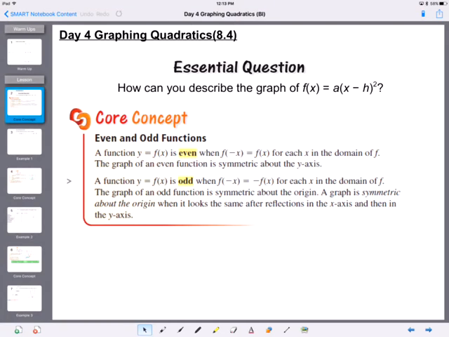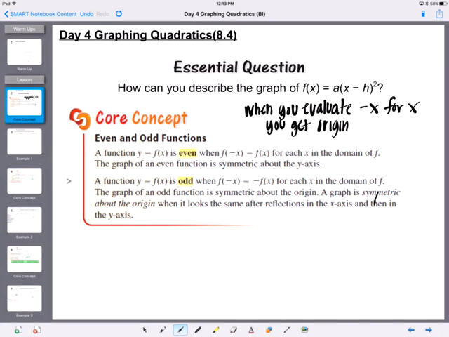It states that a function y is equal to f of x is even when f of negative x is equal to f of x. So what that is saying is when you plug in a negative x for x, your solution is you get your original function. So if you plug in negative x for x and get your original function, we say that the function is